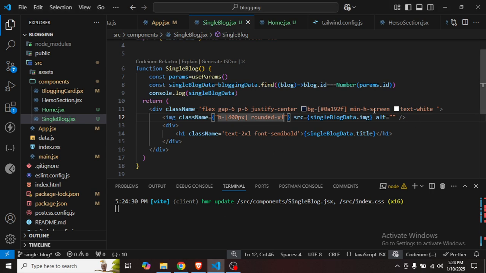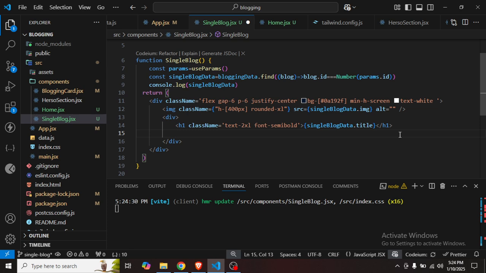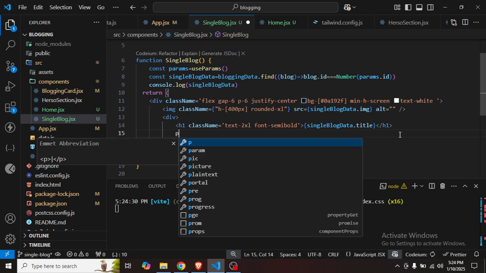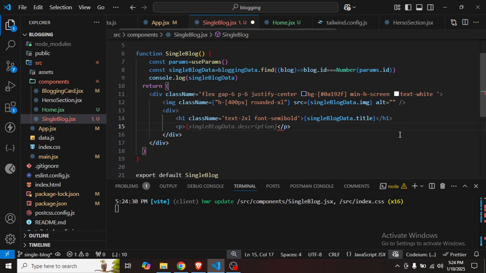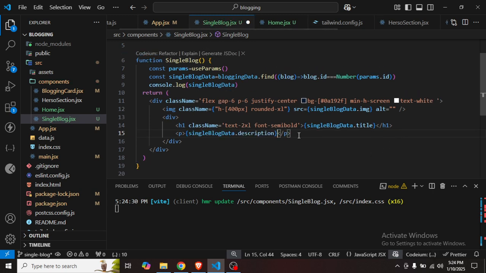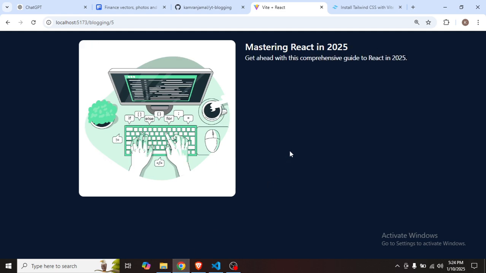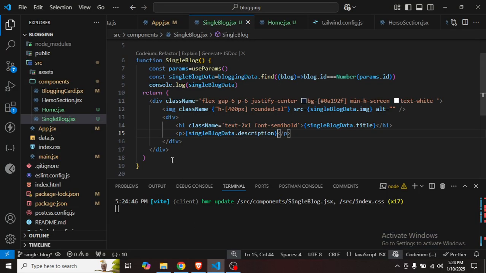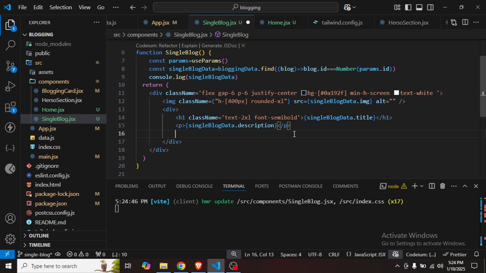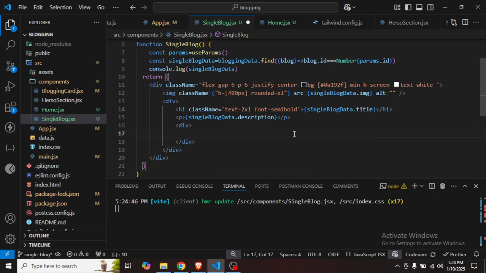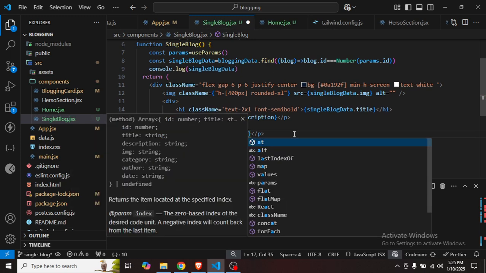And pass the other things, the other data, just like in h2 and p. I'm passing the description, and now let's see what the description for this is. Here you can see this is the description, and let me pass the other div, and in this div I'm going to pass in a p the author, single blogging dot author,